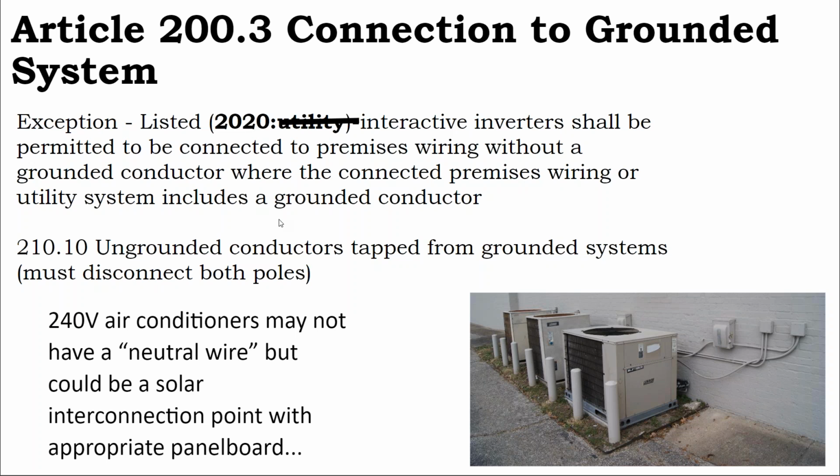Okay, so it says listed interactive inverters shall be permitted to be connected to premise wiring without a grounded conductor, where the connected premise wiring includes a grounded conductor. Well, what does that mean? Maybe it's a typo. I can't have this be a verbatim thing of code, but what I think it's saying is this. Air conditioning equipment sometimes does not have a neutral. And I said, well, you need that neutral to be the return path. Well, there's a special case, and that special case is when you have,